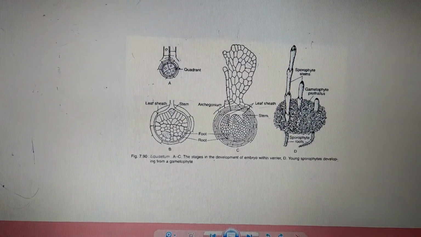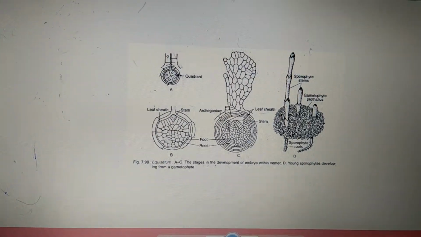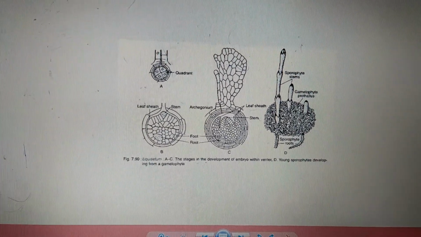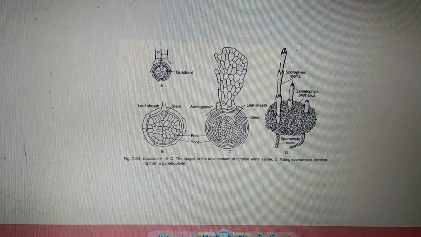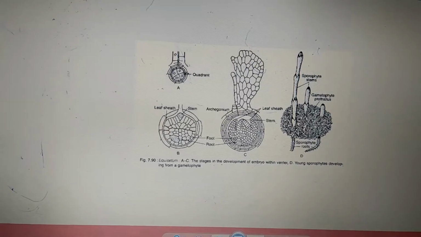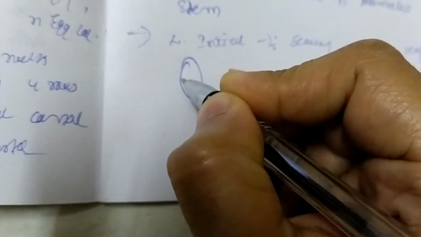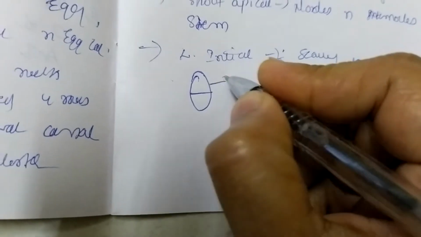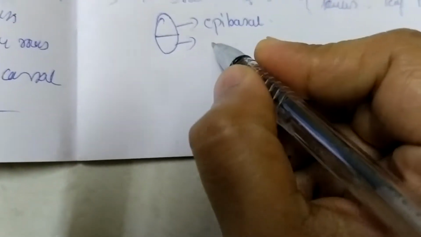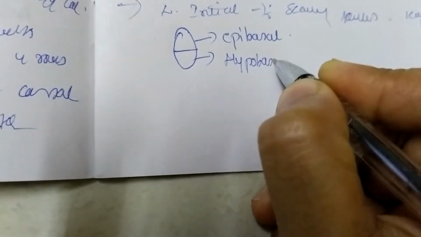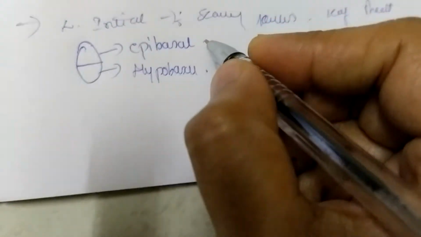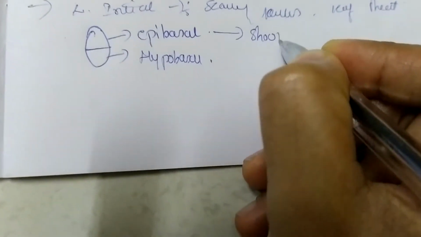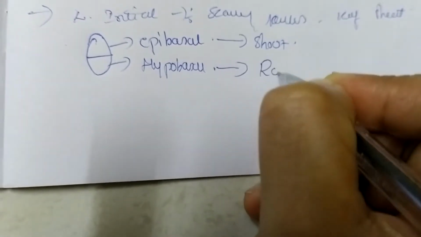As Equisetum shows alternation of generation, the embryo is the mother cell for the next sporophytic generation. It undergoes its first division, which is transverse in nature, somewhat like this. If you consider this a diploid zygote, it undergoes a first transverse division, leading to formation of two cells: the upper epibasal and the lower hypobasal. The epibasal cell is destined to form the shoot, whereas the hypobasal is destined to form the root.